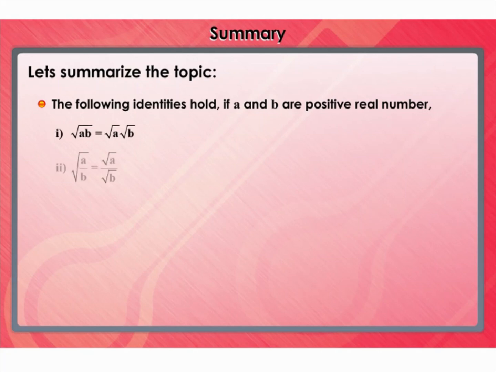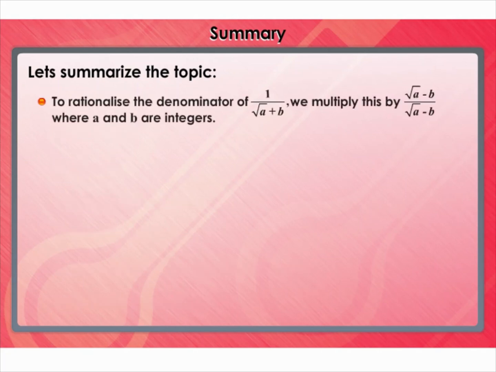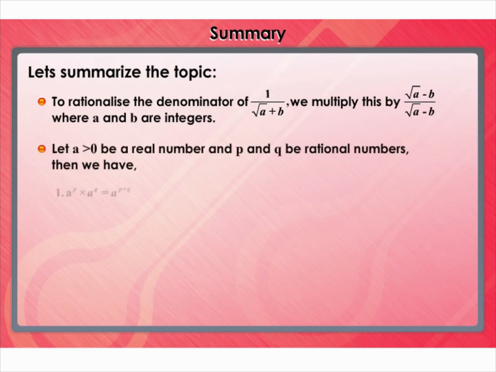The following identities hold if a and b are positive real numbers. To rationalize the denominator of 1 by square root of a plus b, we multiply this by square root of a minus b by square root of a minus b, where a and b are integers. Let a be a real number greater than 0, and p and q be rational numbers. Then we have